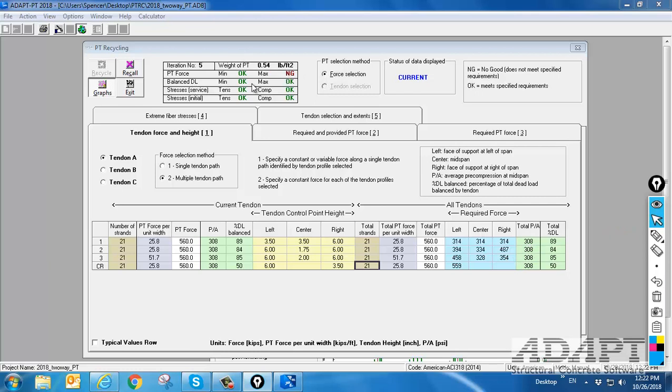The balanced dead load is okay. Our balanced loading is roughly 50 in the cantilever up to 90% or 89% at span 1. So this is right on target for min and max balanced loading. For min and max service, or for tension compression service, we have okay and okay. So this is telling us that at sustained and total stress conditions, our